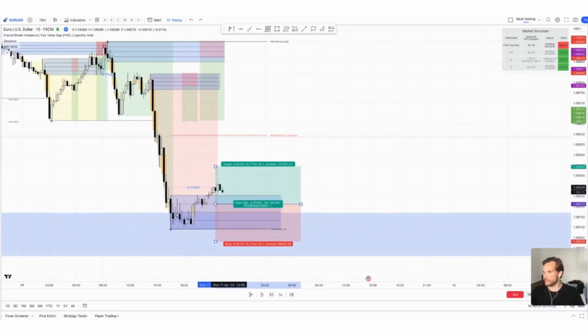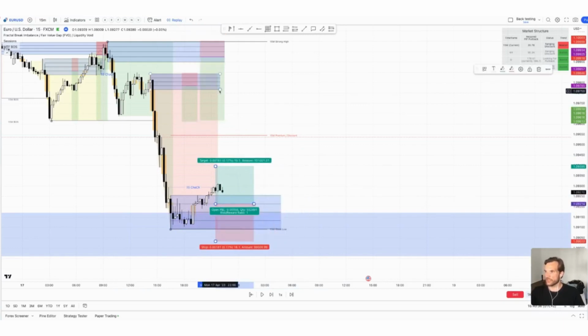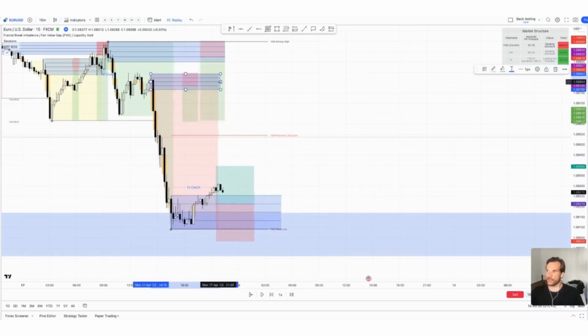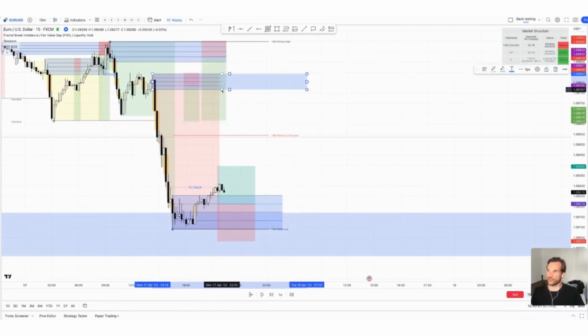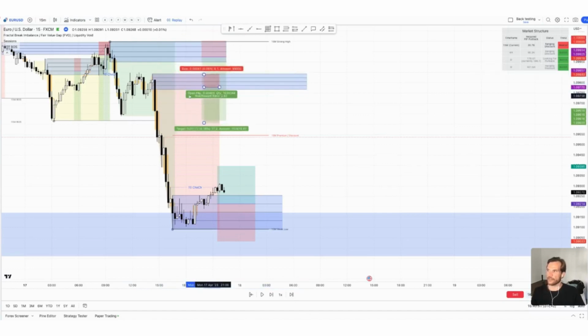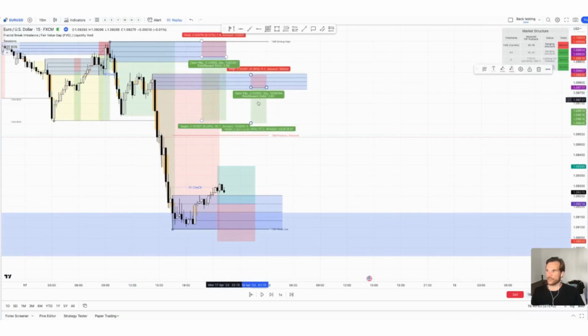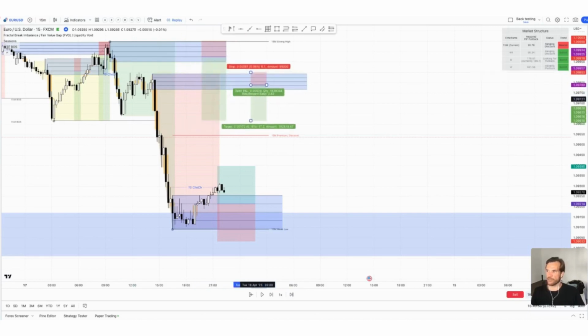is supply. We've come into 4-hour demand. I keep saying demand when I mean supply. So we're targeting this first area of supply where we're looking to take shorts from. We're not assuming this is the reversal point when we're in a valid 15-minute downtrend. Until this high is broken, then we can look very much for longs. Only longs until we get